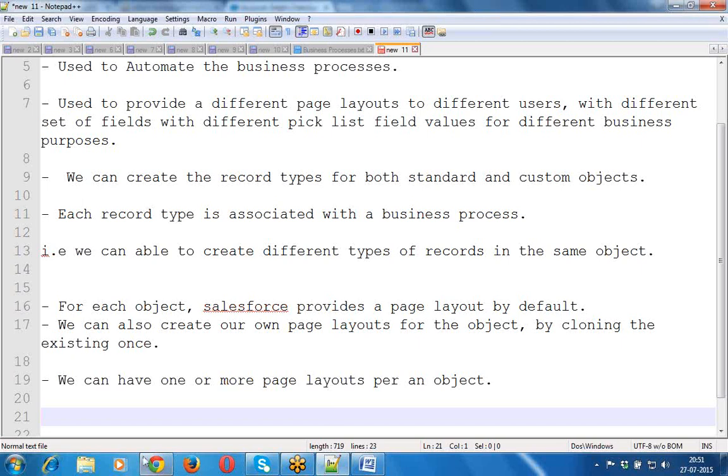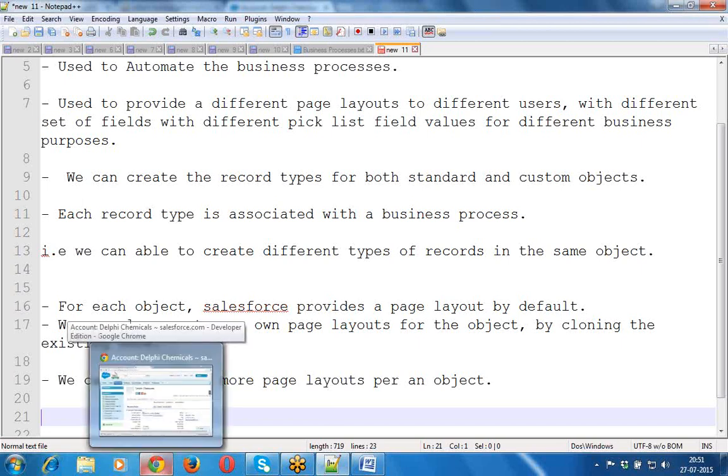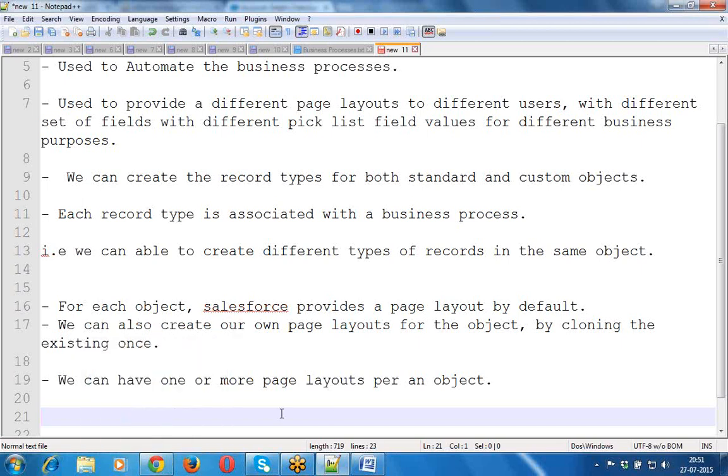Now my requirement is that I want to create multiple types of records in the Account object. I want to create two types of records.